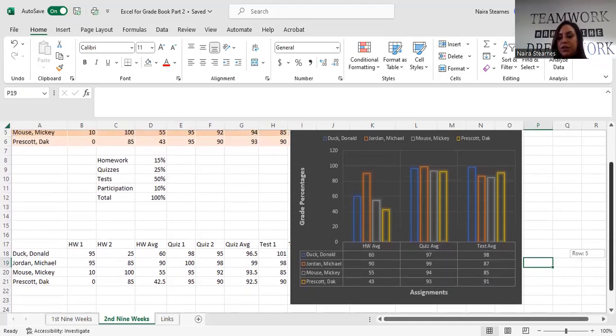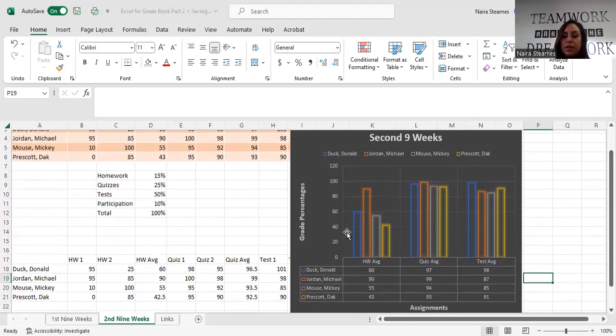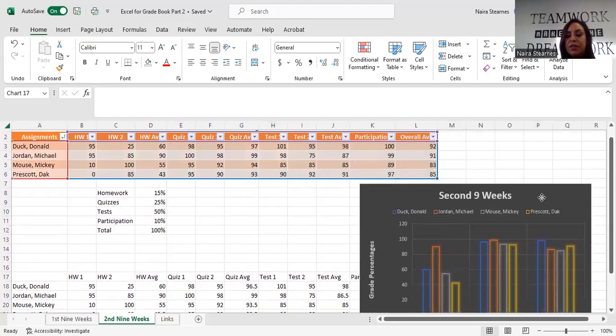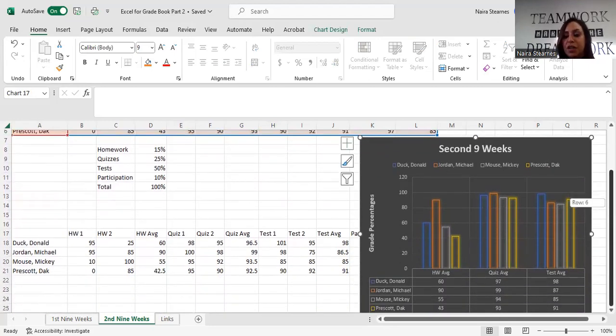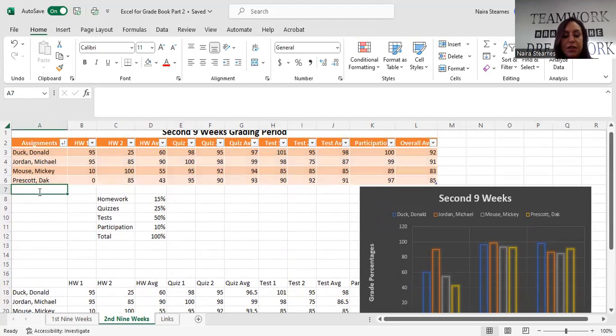Okay, so right now you can see our chart. I think it's coming along. I've got my axis titles, I've got the columns, I've got my legend here, and I've got the title. So one thing I want to show you is how to add information. So say I've already created this chart and it's in the middle of the school year, and then all of a sudden I get a new student and I'm like, oh, I don't want to have to redo this chart. I just got it the way I want it to. Well, if your data is a formatted table like this, and I get a new student,